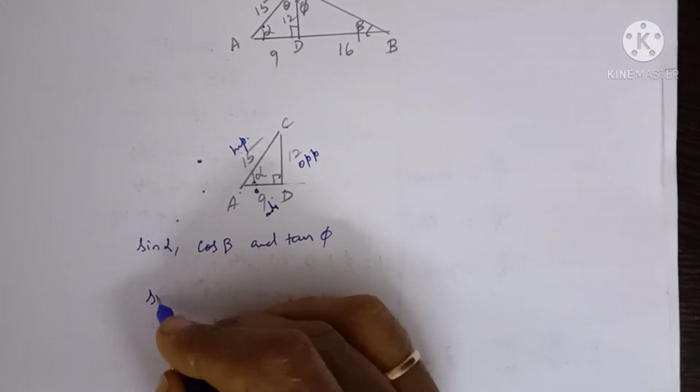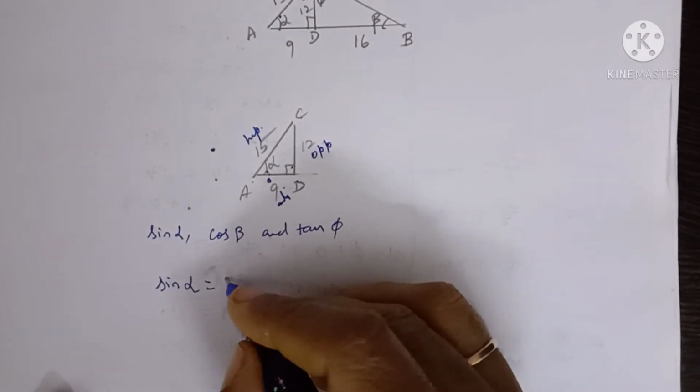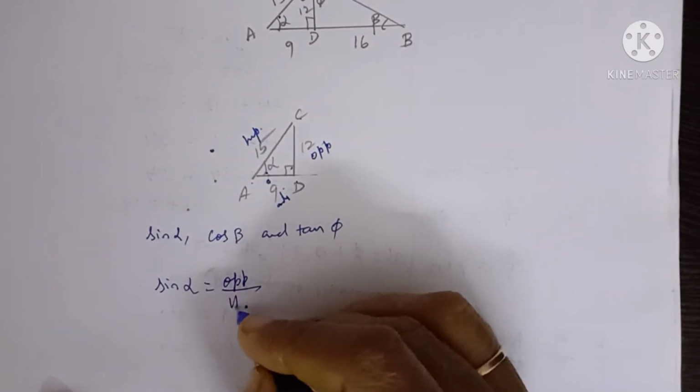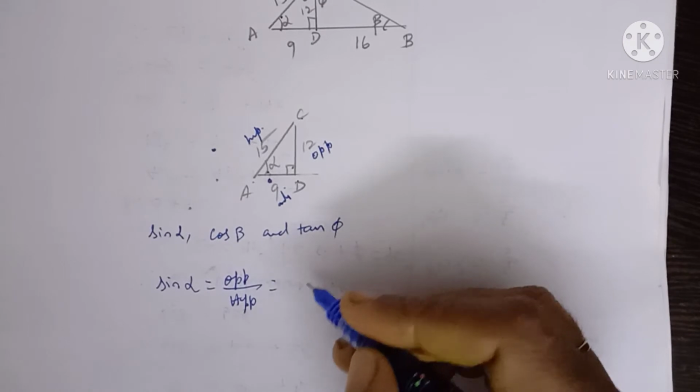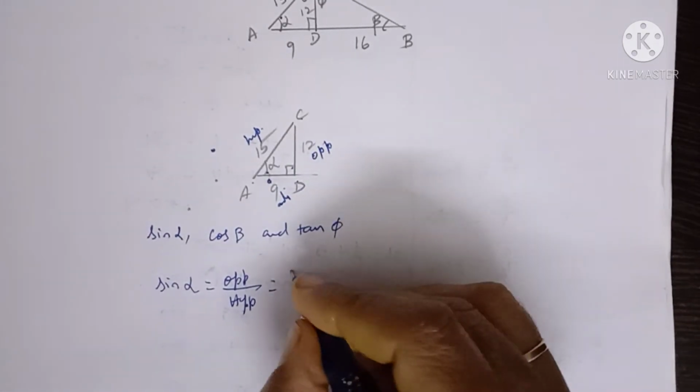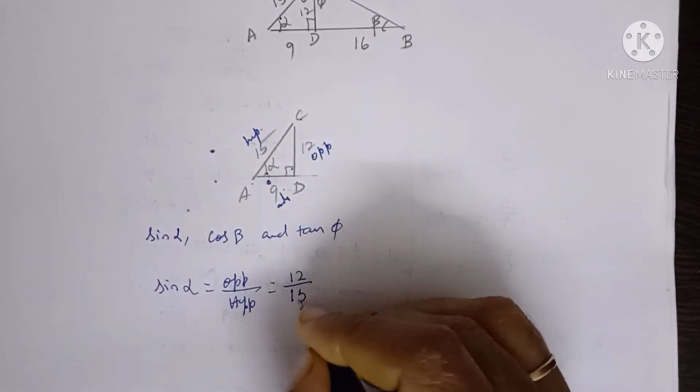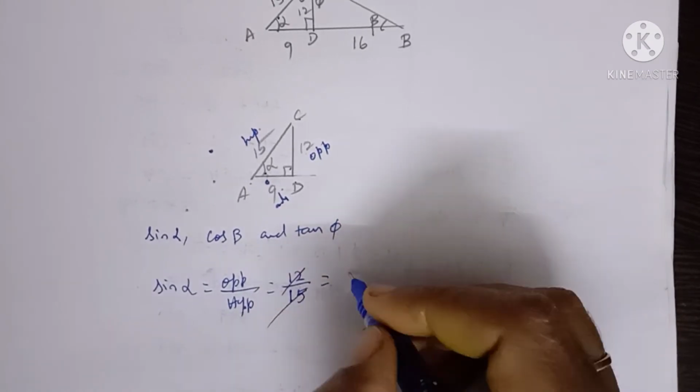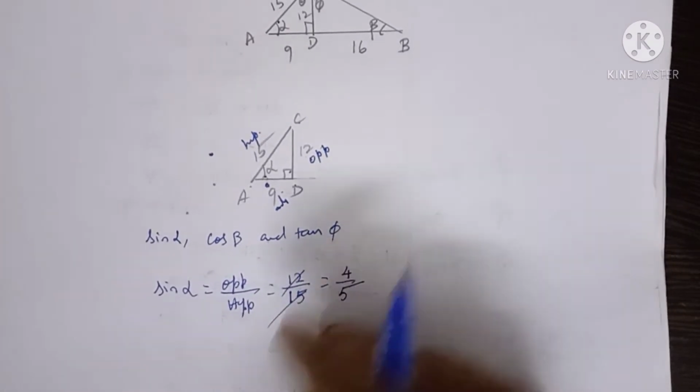Therefore, sine alpha is equal to opposite by hypo, which is equal to opposite is 12, 12 by hypo is 15. You can cancel this one in 3 table, 3 4s are, 3 5s are. Then